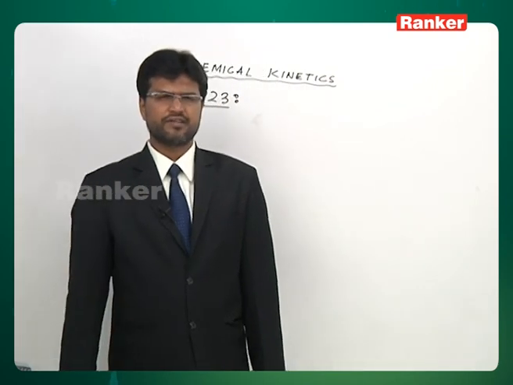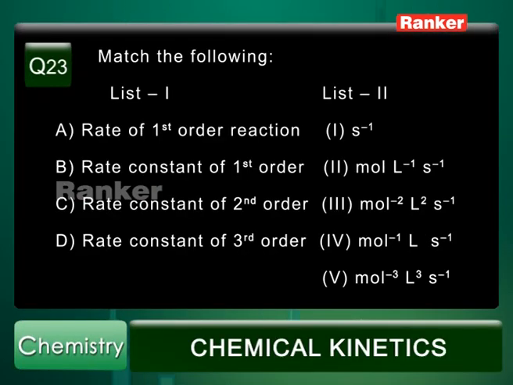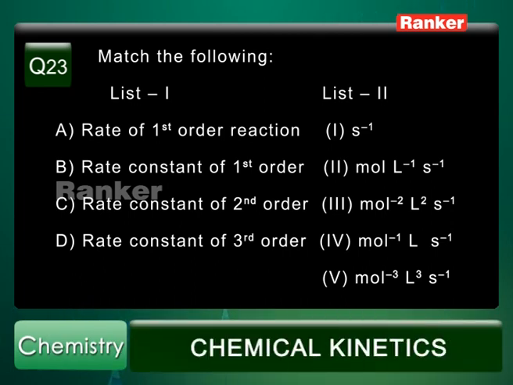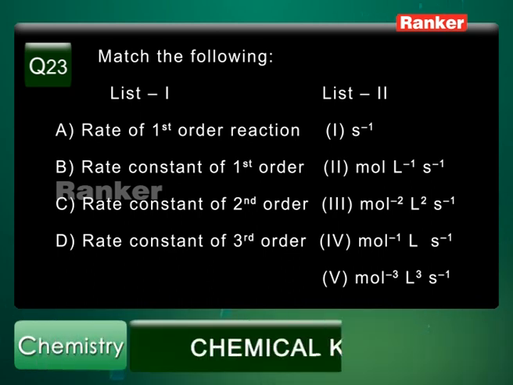Question number 23. In list 1 we have rate and rate constant, and in the second list we have the units. The units for the rate of any reaction are the same, always moles per liter per second. So, for the rate of a first order reaction, the units are moles per liter per second. A should be matched with the second option. For the rate constant of a first order reaction, the units are second inverse. So, B should be matched with